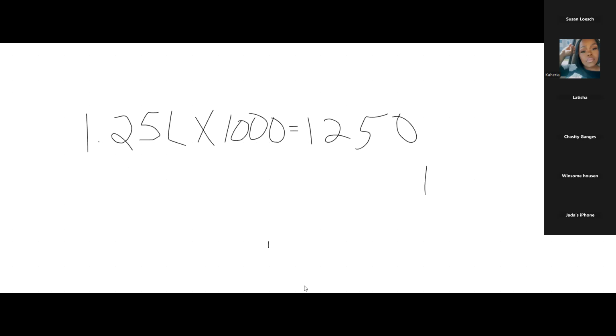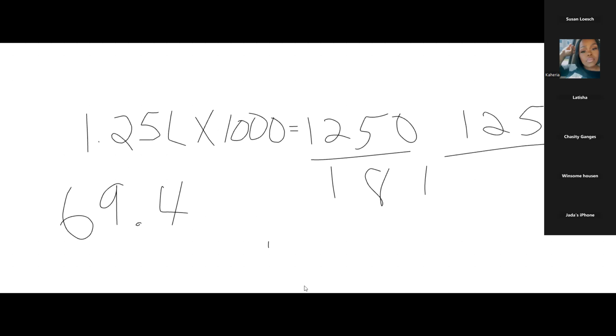Now, it's running over 18 hours, so I divided that by 18. And that gave me 69.4, which is my milliliters per hour. So I rounded that to 69. To get the drops per minute, I had to take my 18 here and multiply it times 60, because that has to be in minutes. So that gave me 1,250 over my 1,080 minutes times my drop factor, which was